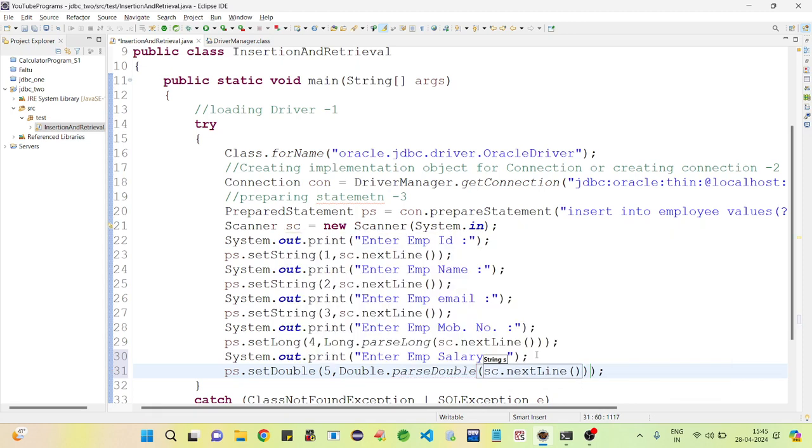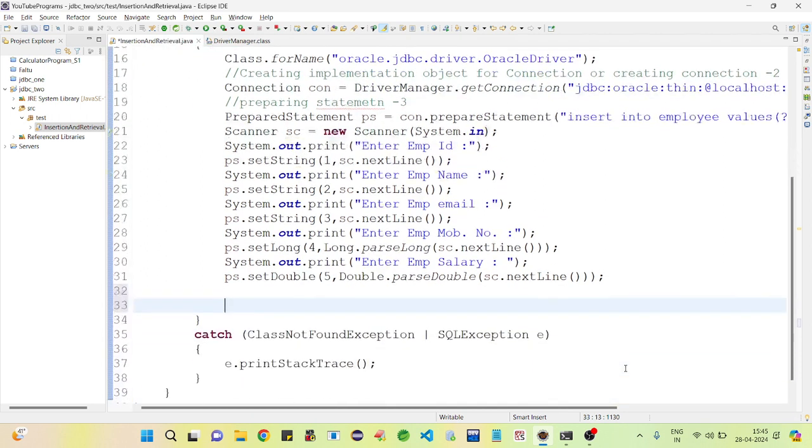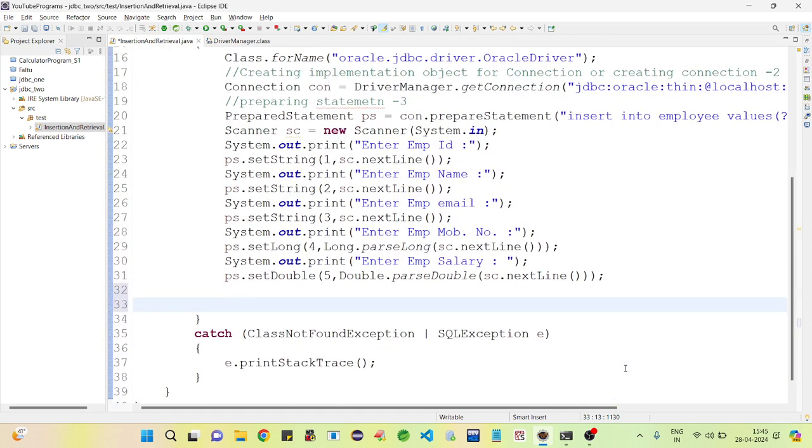I am writing every time parseDouble, parseLong to avoid the buffer problem. If we write directly sc dot nextDouble, it is going to create a buffer problem. To avoid that, we are first taking input in the form of a string and parsing into double. After that, we are going to execute the query.